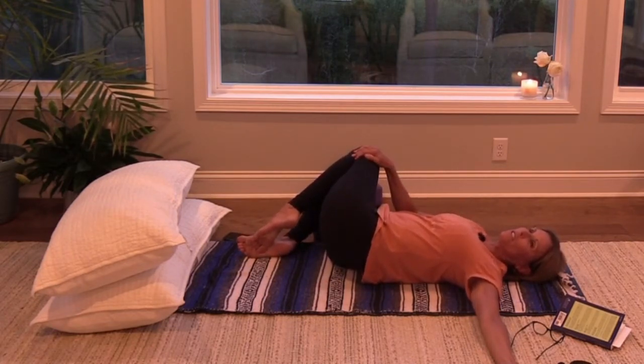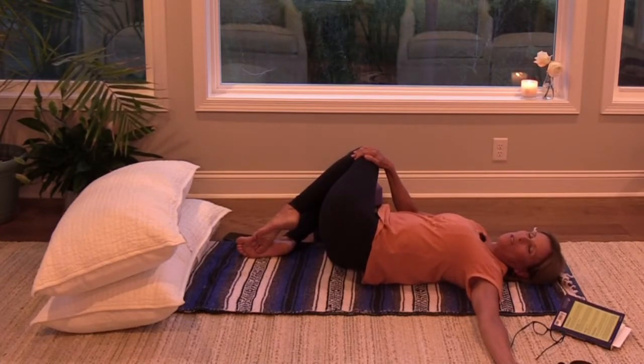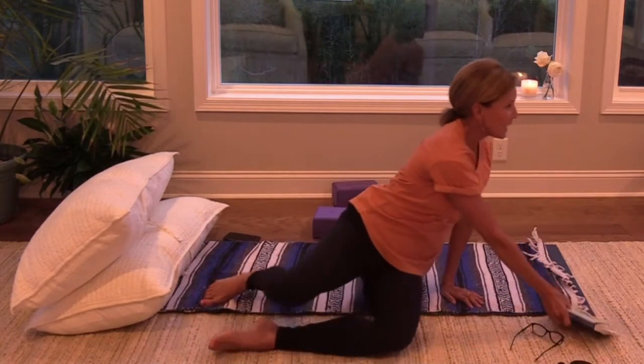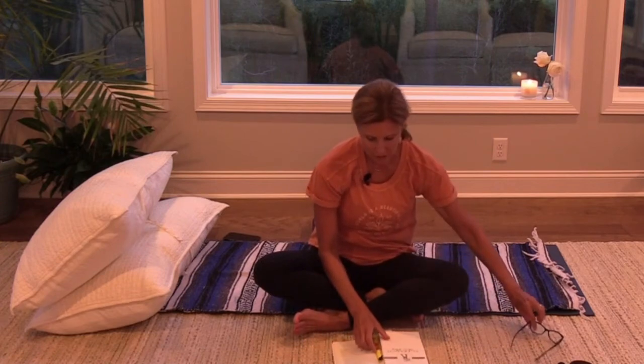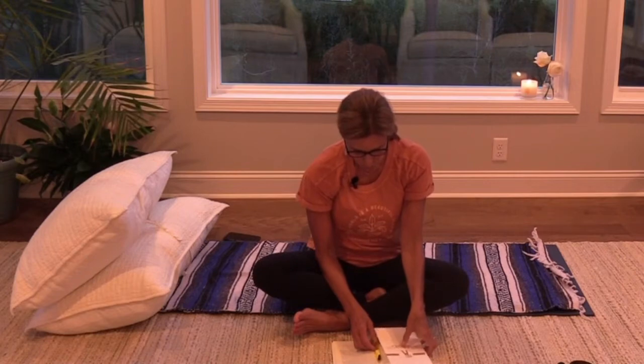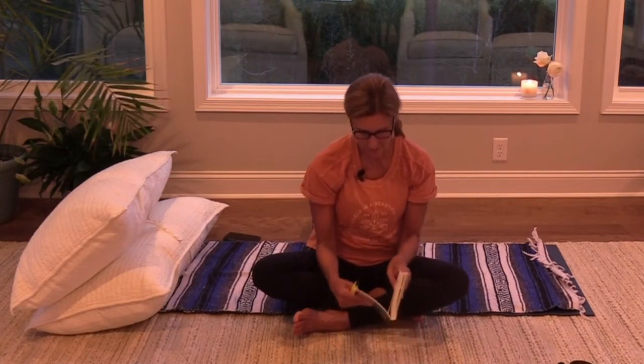Maybe your hips feel really nice and open here, since we practiced frog or figure four, and you won't need any props, or you won't want props. Just decide what you want and turn your head in the opposite direction, enjoying this stretch. Good. There's nothing like a twist to cap off a yoga practice. So enjoy that. Keep your breath moving slow and easy as I clue you in on the secret of manifesting